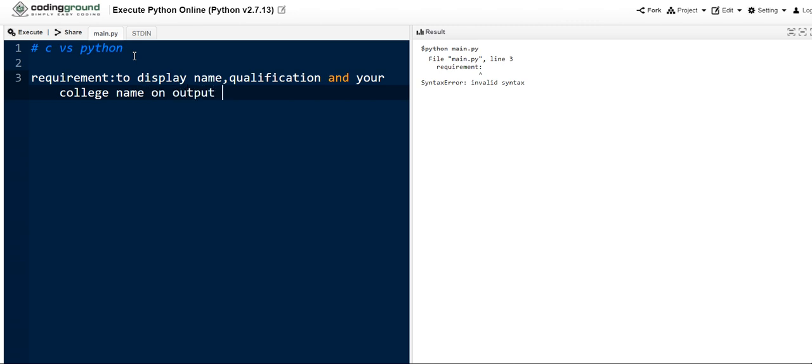So let me write the program here, guys. While you are writing programs, keep the requirement in mind, because based on our requirement only we are going to write the instructions in our program.